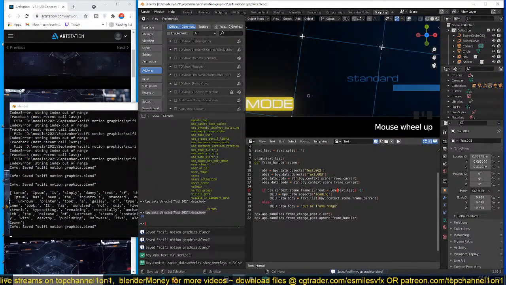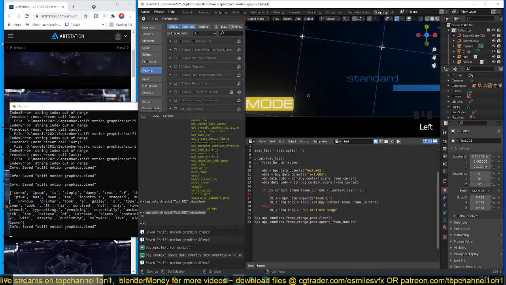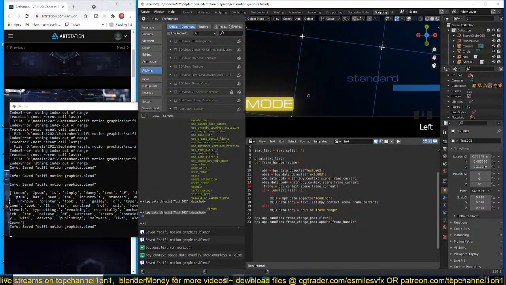So if this is less, and we can also make sure that we do this only if at the current frame, let me just make this into a variable, call it frame equals that. Only if the frame